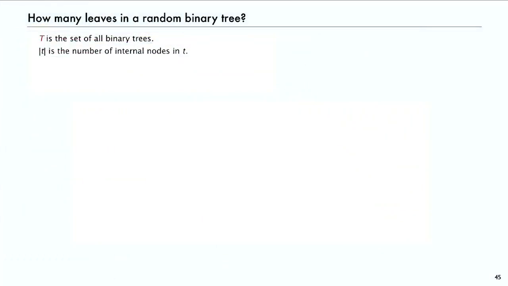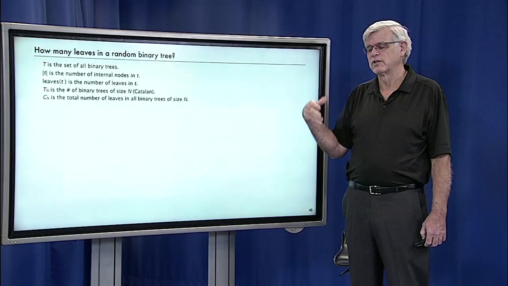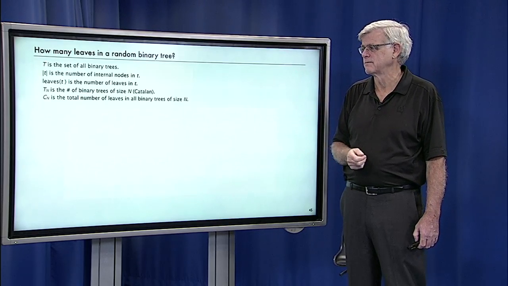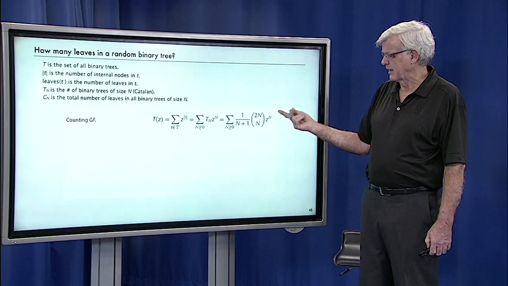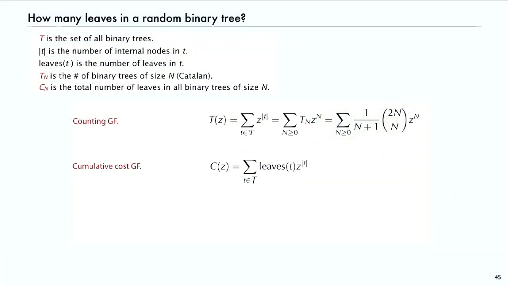We have the set of all binary trees, internal nodes is our size function, and the number of leaves in the tree is our cost function. The number of binary trees of size n is the Catalan numbers, that's the analysis that we did. And now what we want to do is develop a generating function for the cumulated cost, which is the total number of leaves in all binary trees of size n. So the counting GF, we already did that one, so that's just summarizing that. And the cumulated cost GF,